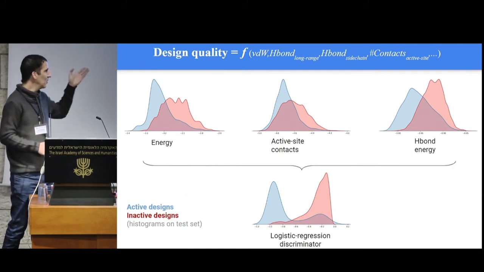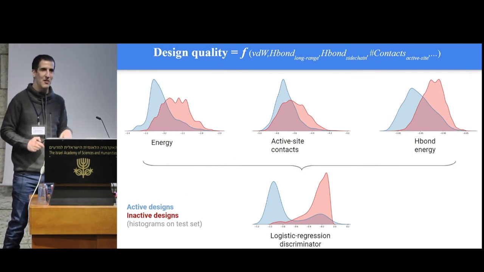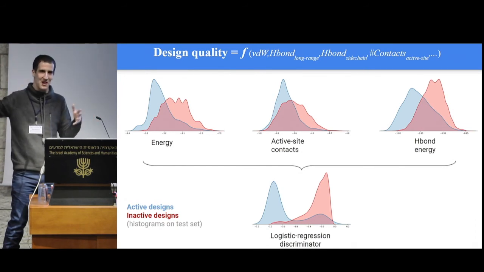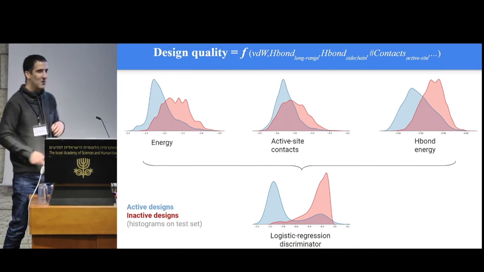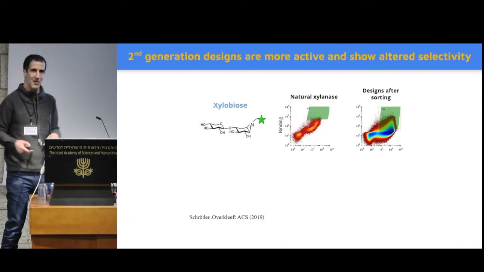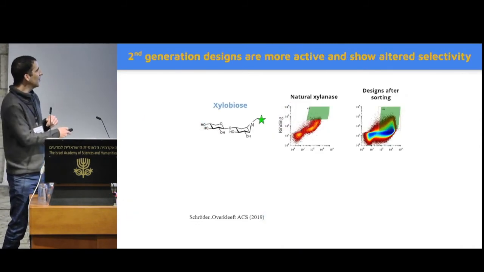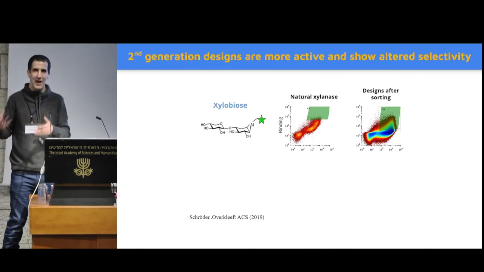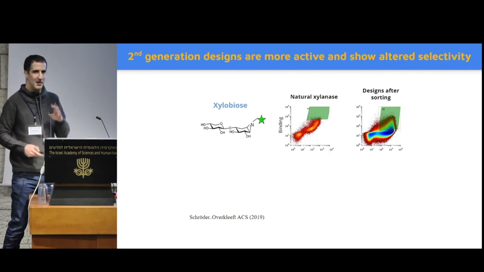So Rosalie, who made this project possible, went back to the design procedure, generated another 300,000 designs now selected according to this logistic regressor, and tested their activity again with these activity-based probes. You can see here that now she's getting a very active and very stable repertoire of xylanases, but not only